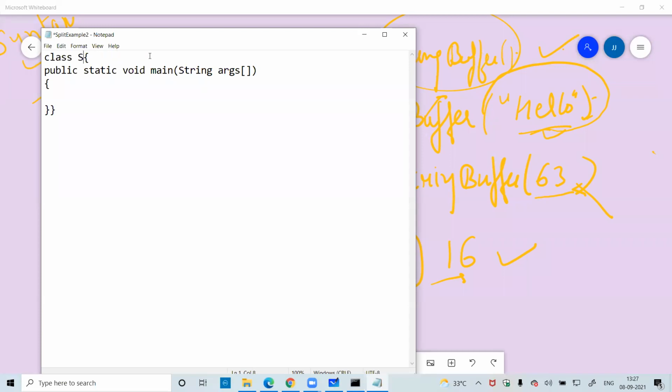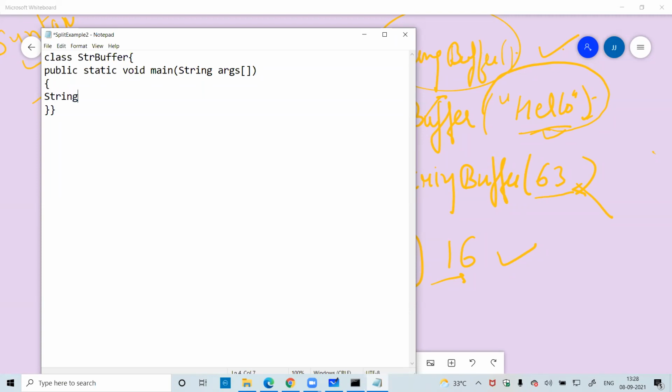We are discussing the string buffer. As all of you know, the StringBuffer class is available in java.lang, so there is no need to specify any package. Let's start. First, I will write the StringBuffer class.